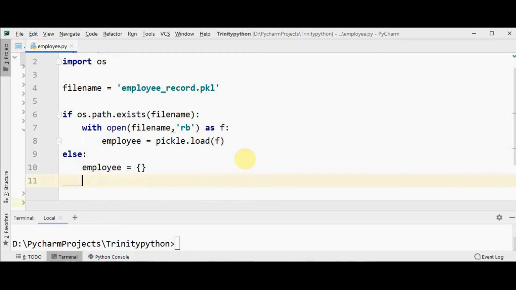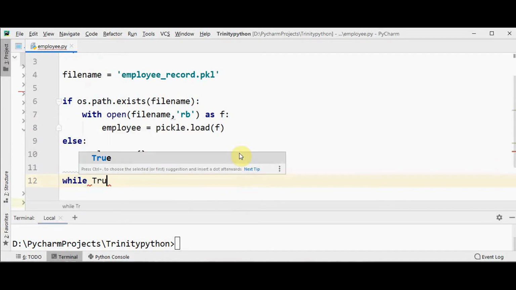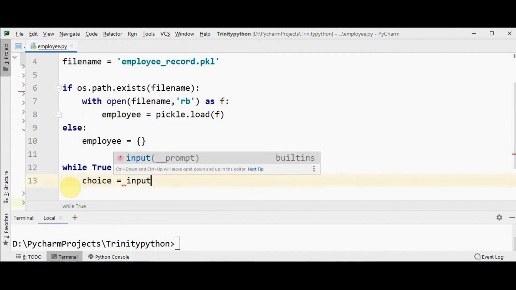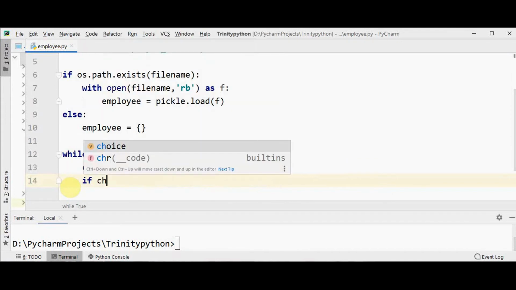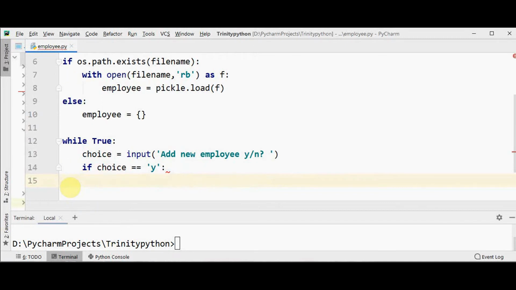We can add some employee names and their corresponding salary details. Use a simple while loop here, while True, and I'm getting the user's choice, whether we need to add a new employee or not. The choice, get it as input, add new employee. Give two options, yes or no, to the user. If the user's choice is yes, if the user has pressed Y, get the employee's name as well as the employee's salary details, and then place it in the dictionary.